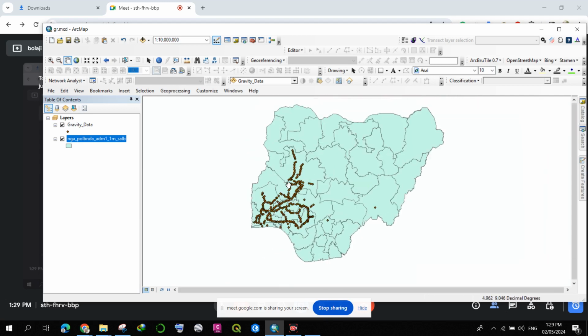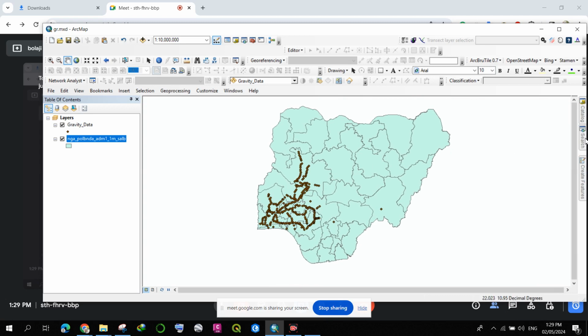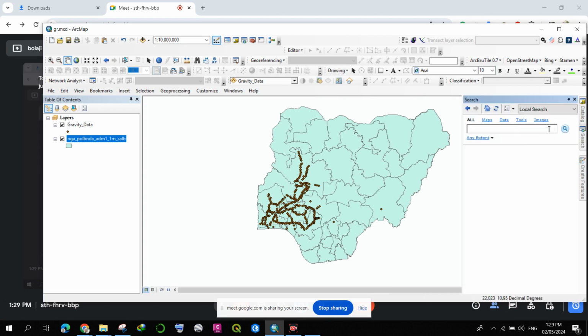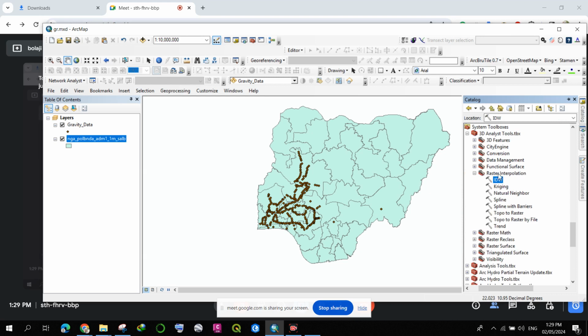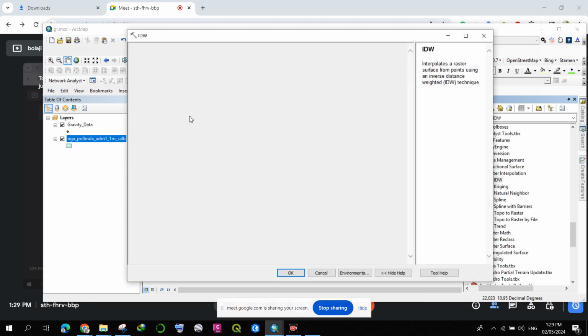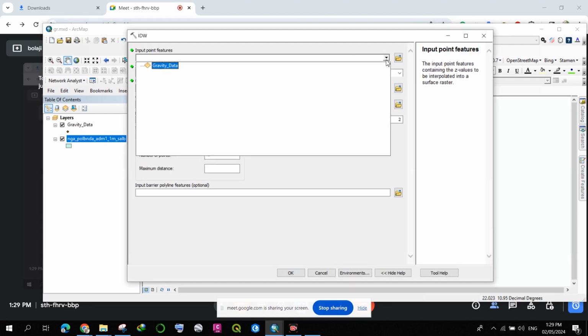So back to our interpolation now. Search for the tool IDW; we can use any form of spatial interpolation tool. This is where you can find them. You go to your raster interpolation there. Just use any one of your choice. But I prefer using this IDW. You can use gridding, you can use natural neighbor, depending on your choice. So I'll just pick my gravity data. This time it's a